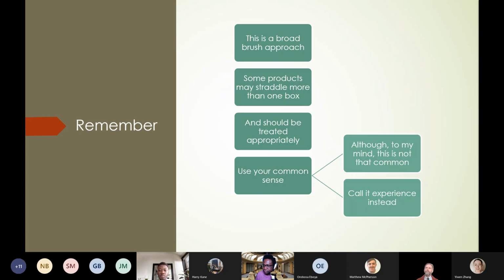So hugely broad brush, hugely subjective. So subjective that some of your portfolio might not even belong in a single box. Bits of it might straddle boxes. So people often say use your common sense, and I hate the phrase common sense because I find common sense is not common and rarely includes much sense. So what I'm going to say is don't use your common sense, use your experience. Which is, of course, where you guys have a disadvantage. But that's something that you build up, and that goes back to some of the stuff that we were talking about right at the start.